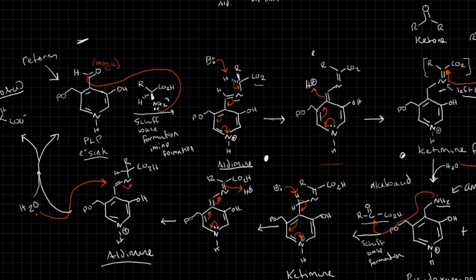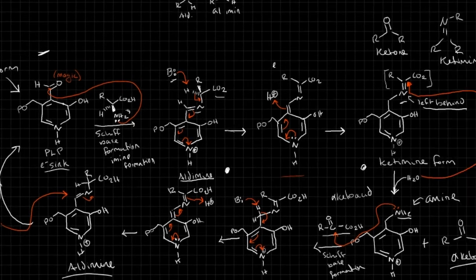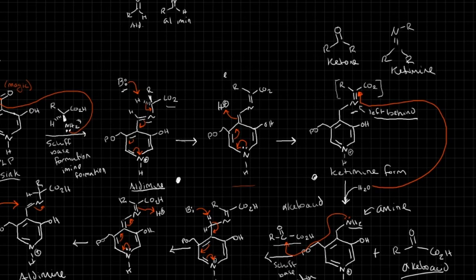You'll form an intermediate here. Then you'll reset the aromaticity in that ring, and in doing so, you'll protonate at this position. And then now you've effectively moved your aldimine into a ketimine. So you're taking the double bond from this position and moving it to this position. And so once you have the ketimine, then you can hydrolyze it off with water,